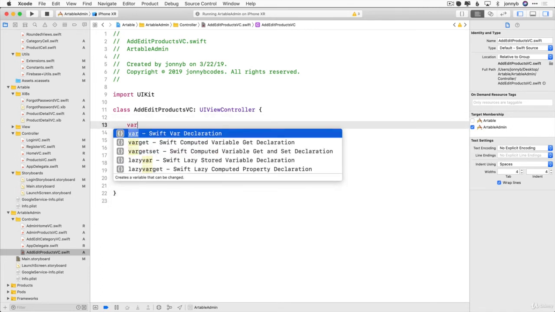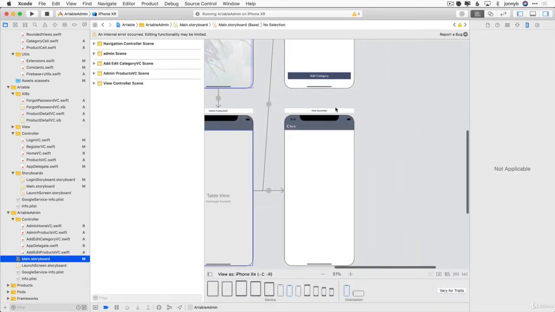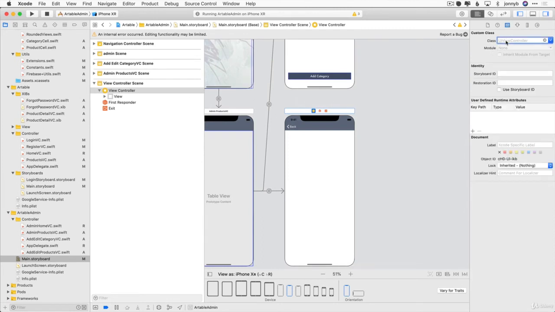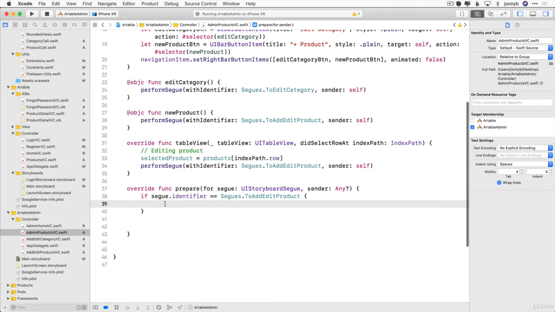And then we are also going to need a selectedCategory over here. This is of type Category, and that is implicitly unwrapped because we have to have the selected category over here. All right, I'm going to save that and let's go into Main.storyboard and set the add edit product view controller here. So class is AddEditProductsVC. I'm going to save that and come back to our AdminProductsVC.swift,